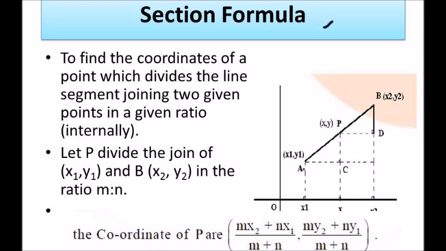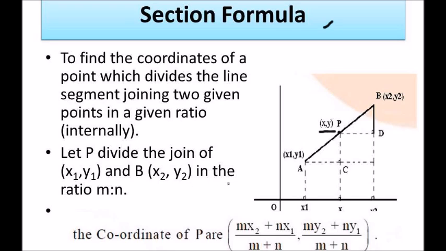So consider we have a line segment AB, and a point that divides the line into 2 segments in a ratio. The formula to find the coordinates of the point which divides the line segment is called the section formula. To find the coordinates of the point which divides the line segment joining 2 given points in a given ratio